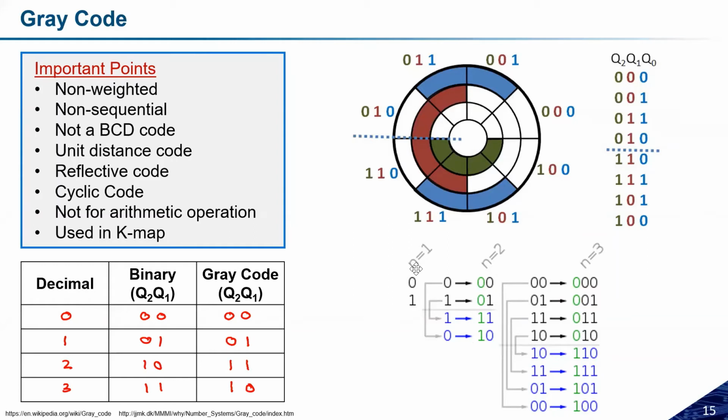Okay, so for reflective we need to only change the value of MSB. Perfect. Yes, so for reflective